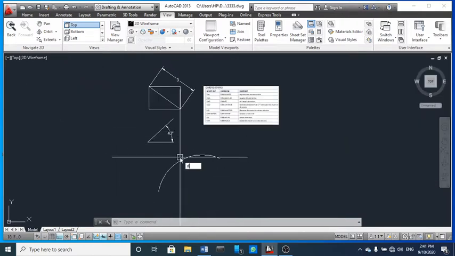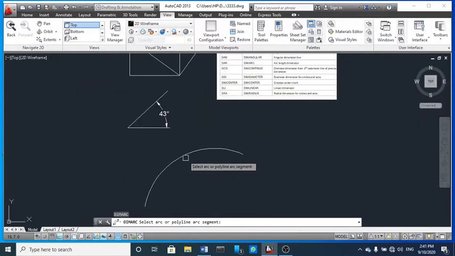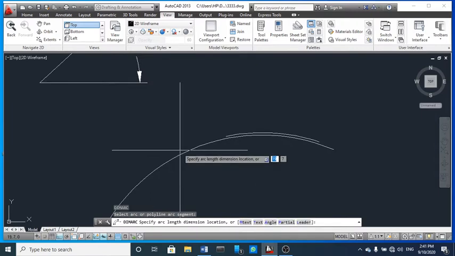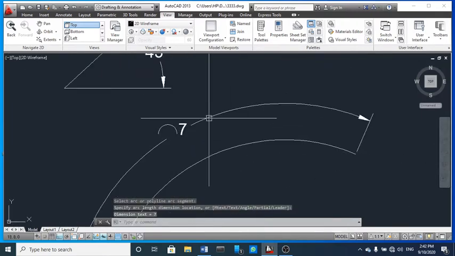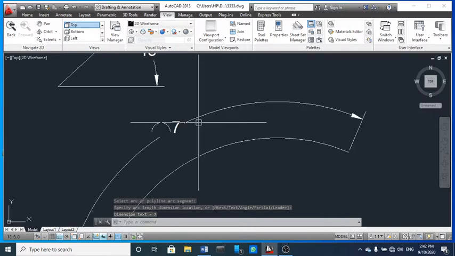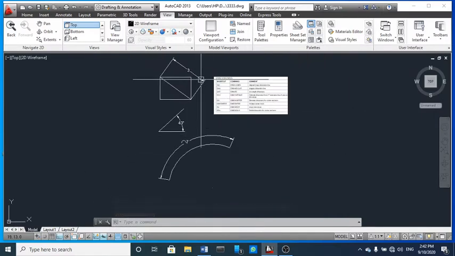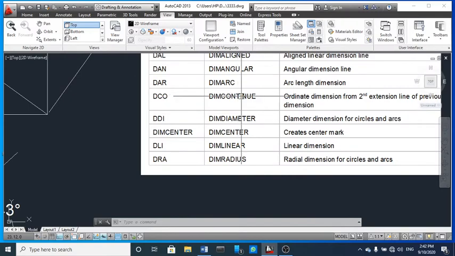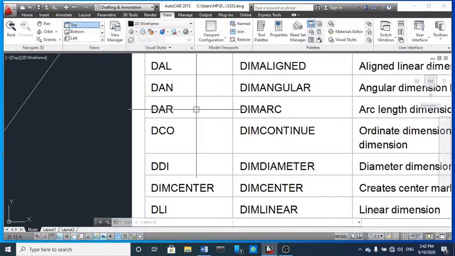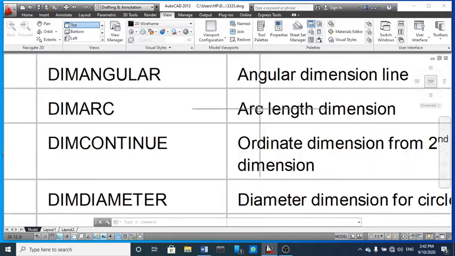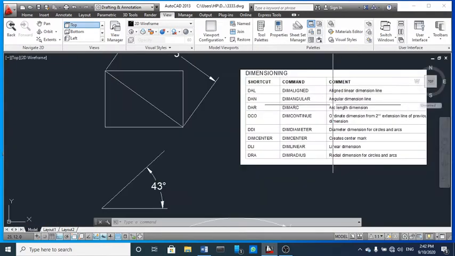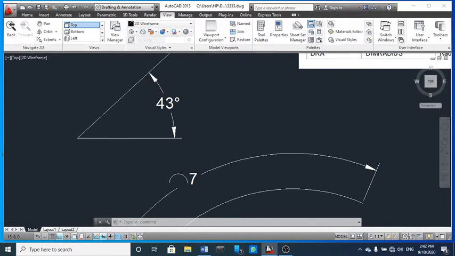Now just click on the arc. You can see here the length of the arc, it's 7 units. So this is the simplest way. Once you type DAR, you can calculate the arc length dimension.